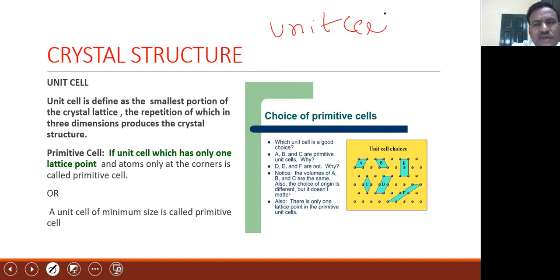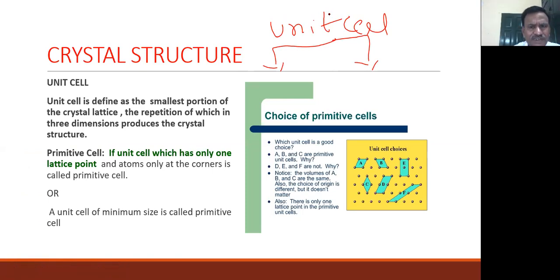One is primitive and another one is non-primitive cell. In the primitive cell, the unit cell has only one lattice point and